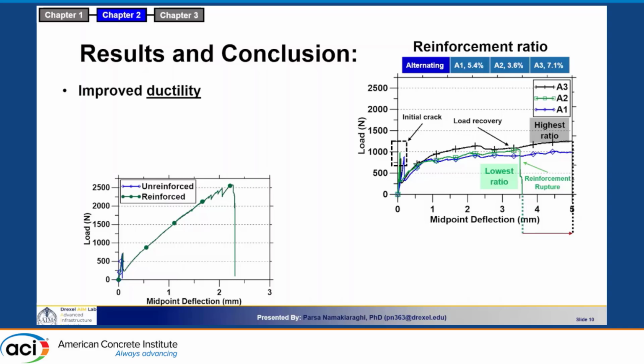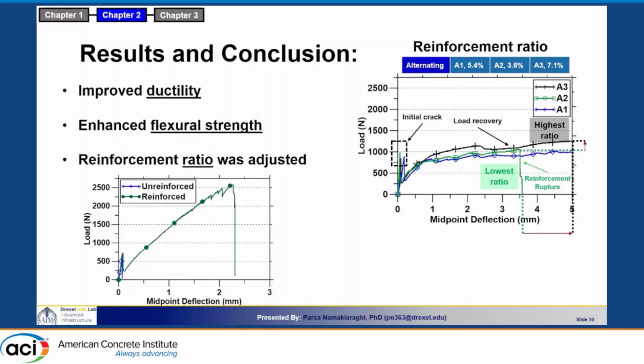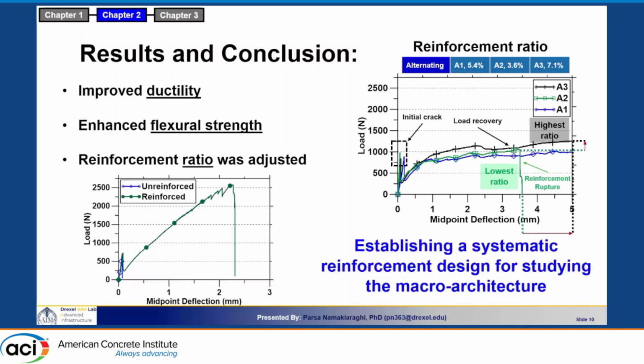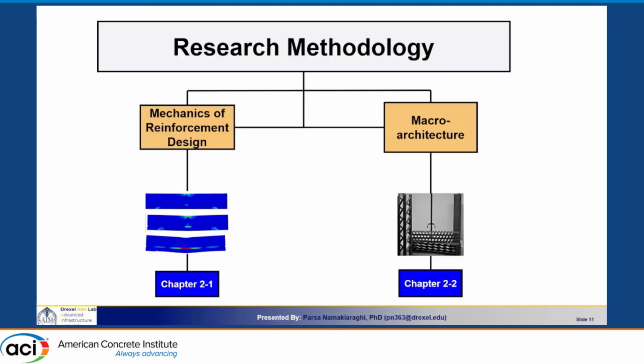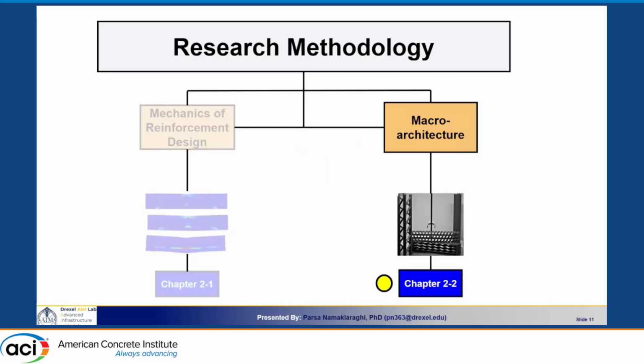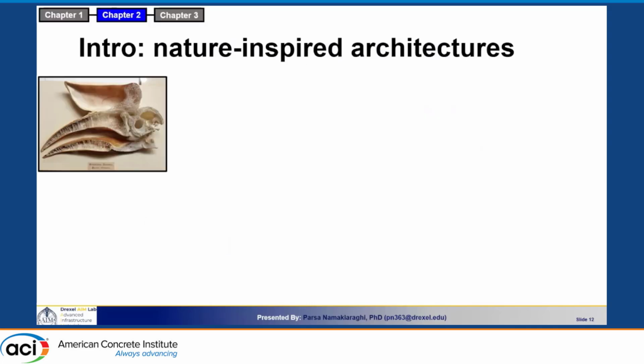So we showed that this can improve ductility, this can enhance the flexural strength, and based on that, we had to adjust the reinforcement ratio that we initially calculated using theoretical equations. So after establishing this, we kind of stuck to this reinforcement ratio for the rest of the parametric studies on different architectures. So next, as promised before, we started studying the macro architectures, and again we went to look into